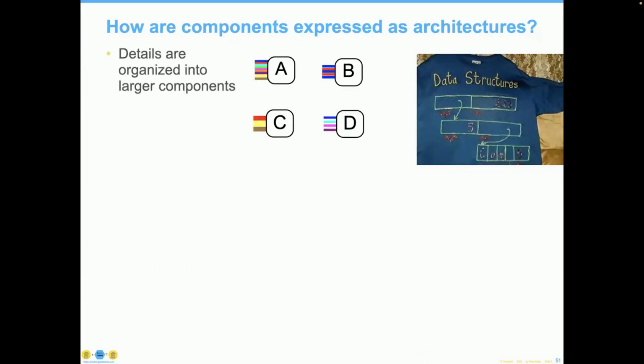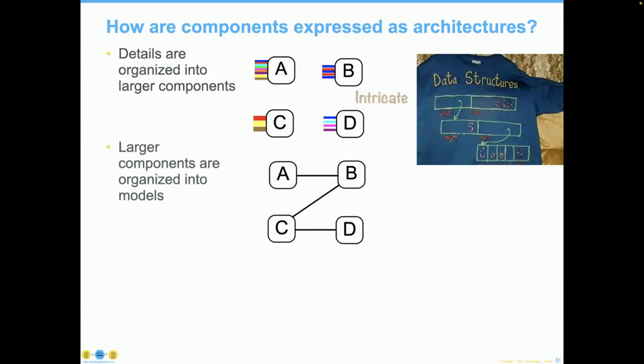So how are these components expressed as architectures? We start out with the details, and the details are then organized into larger components. But this is an intricate process where we're doing very, very careful work around this. Then we go to the larger components. These intricate components are organized into models, and these models contain dependencies, which further complicates what we're doing. None of this is, by the way, rocket science, but it is very, very careful work that needs to be